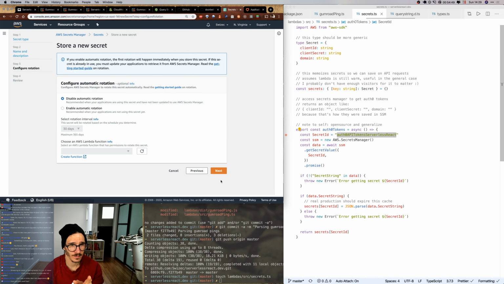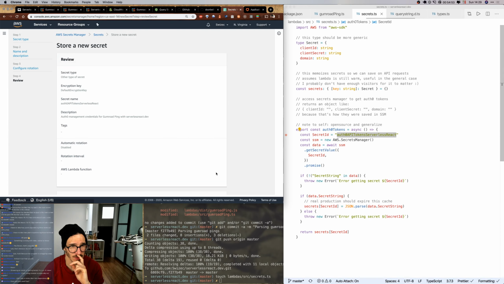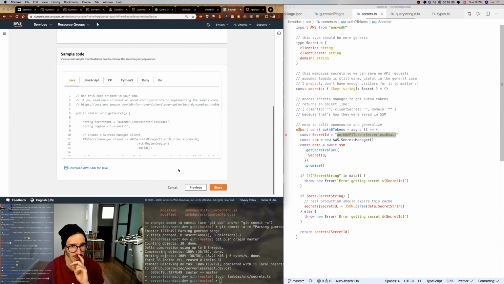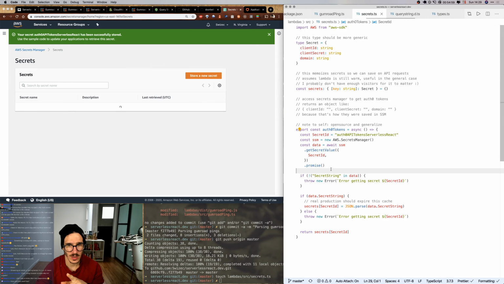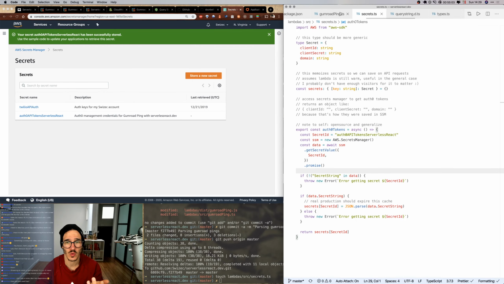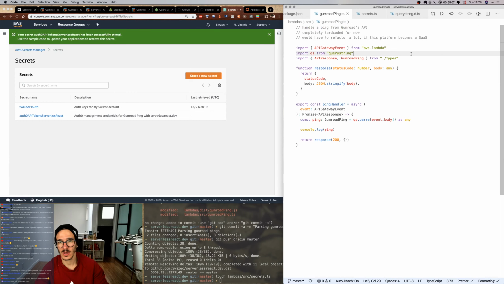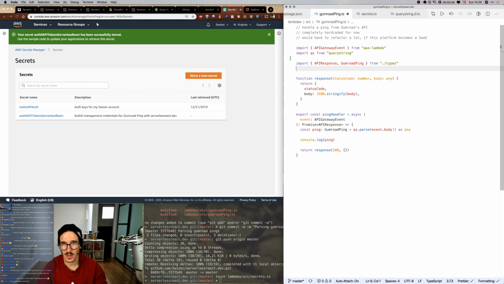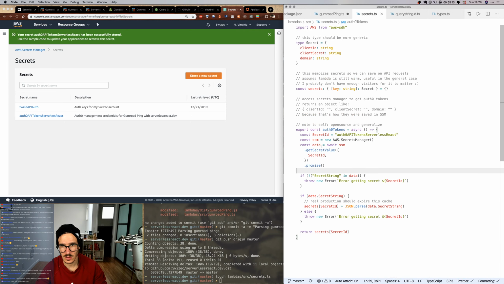Next, disable automatic rotation. Yes, next. Great. So that is now saved. Store, and we have here the code to get them. We're obviously not going to print this, well, we shouldn't. So we have that, and now we can import command secrets, auth0 tokens